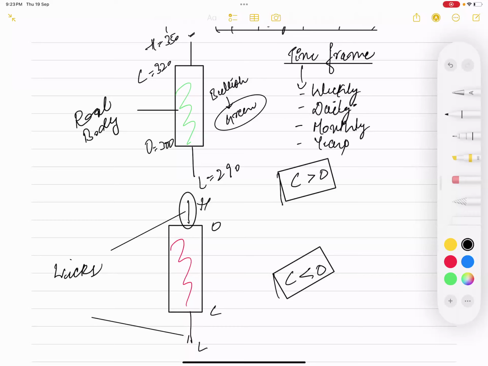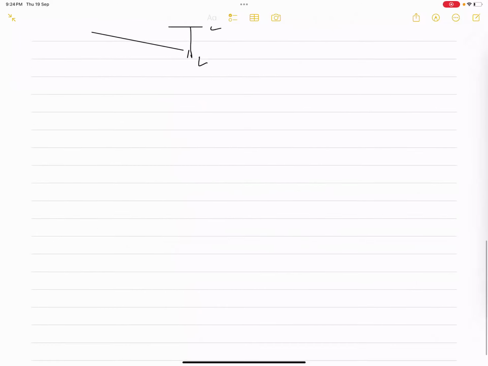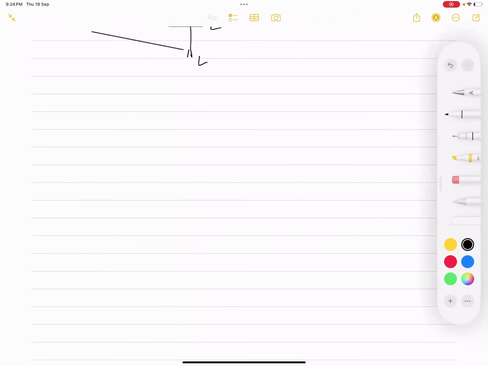The body that you can see can be red or green. Both bodies can be there. So this is how the candle looks. Do you have any doubts till now? No. All right. So as I said, there can be a bearish candle or a bullish candle, and you know what the upper shadow and the lower shadow are. There can be a long body as well as a short, small body.